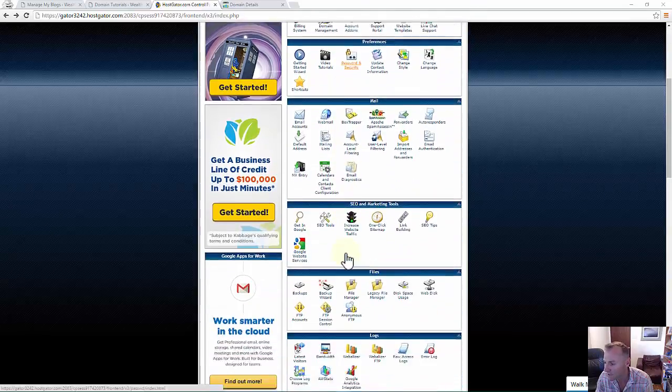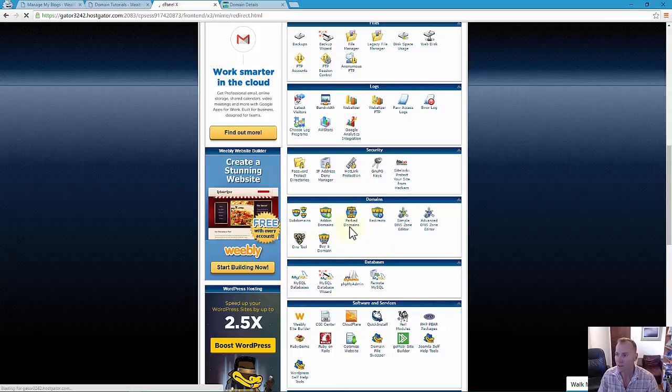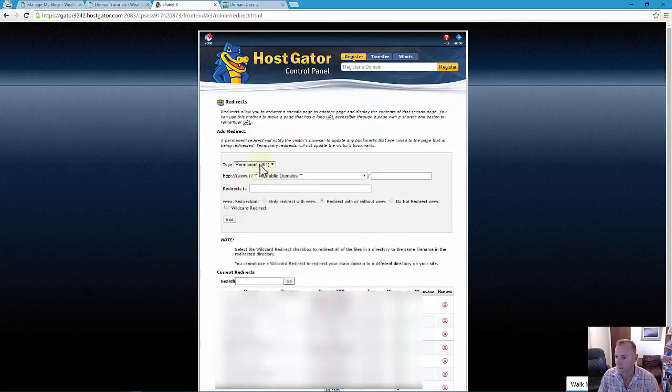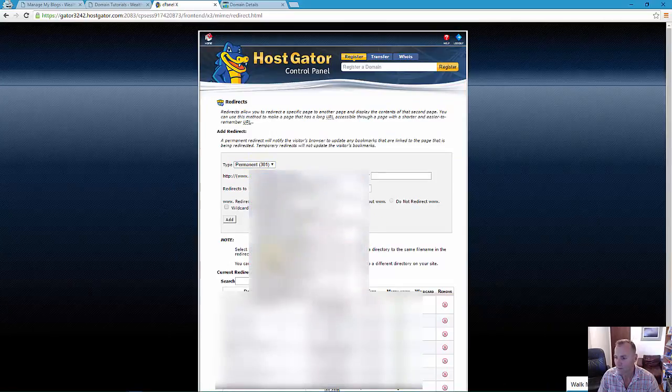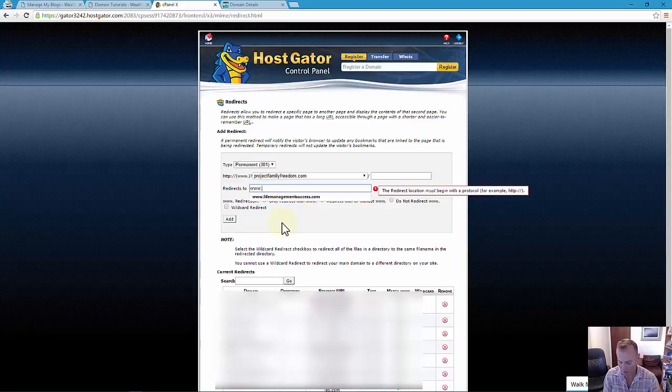We can go down to domains once again and go to redirects. That's the first step here. So redirects, and we're going to redirect the domain name to our www. Permanent's fine. Go down, find your domain name, projectfamilyfreedom.com. We leave that blank, it's going to be the root, and it redirects to